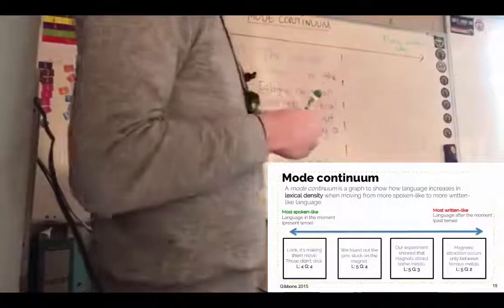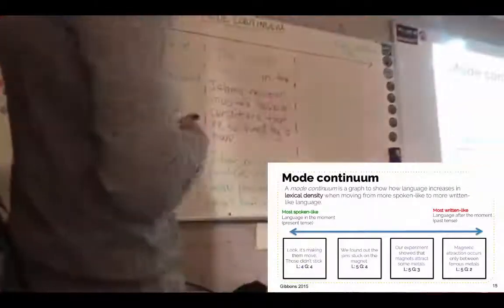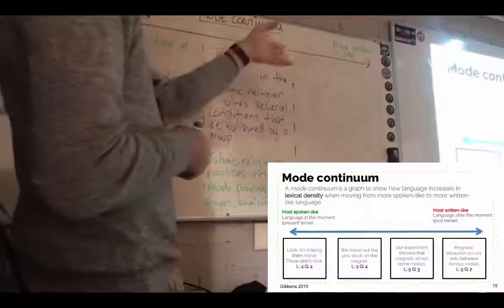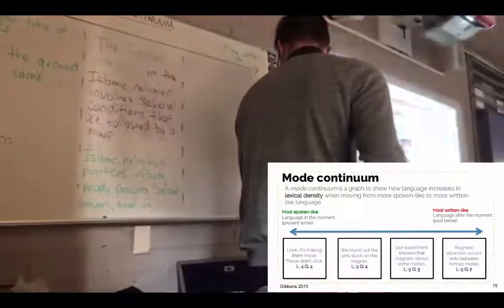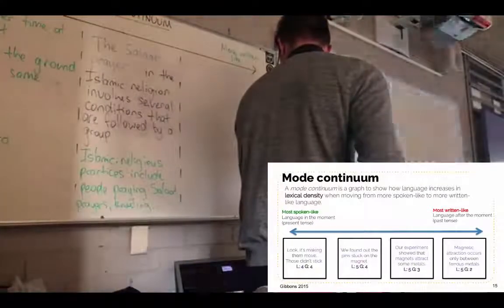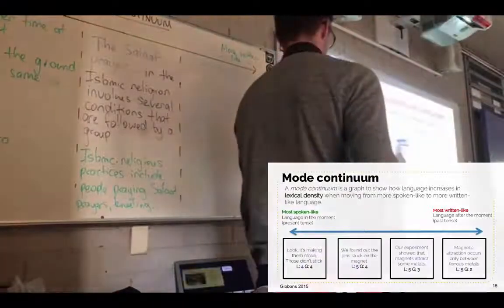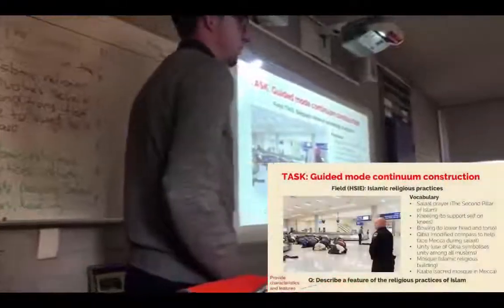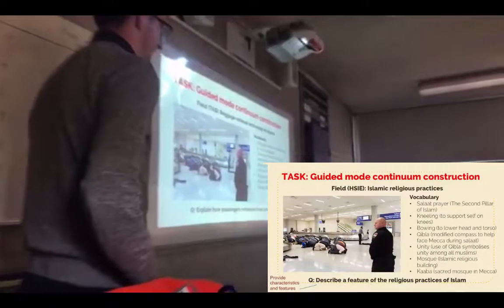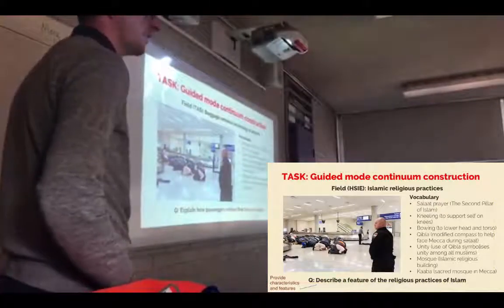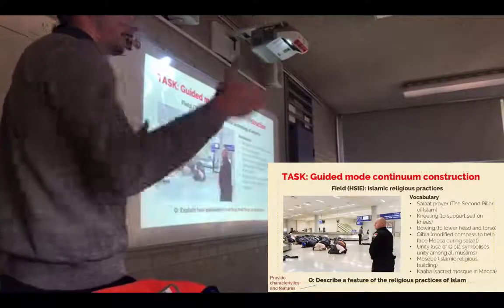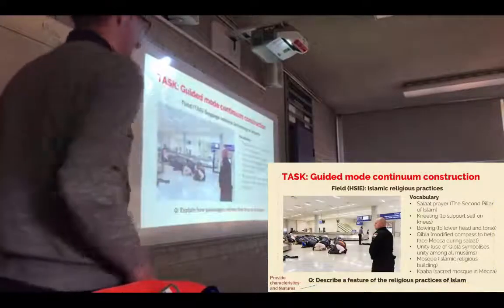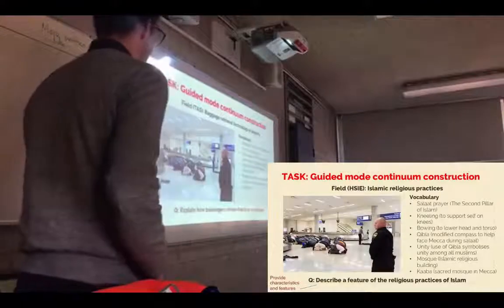So there's endless ways that you can apply it, but the whole idea is that this is a visual joint construction where it's being developed. All right, so that's us for today. I'll just go to the last slide here. Oh yeah, and you could have actually changed the field and had exactly the same thing, right? Which was about, explain how passengers retrieve their bags at the airport. The same information field can be built from that, but we refined it in a different way. And it probably wouldn't be the best text to do that, but